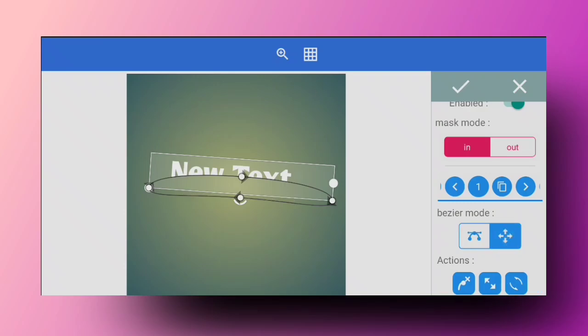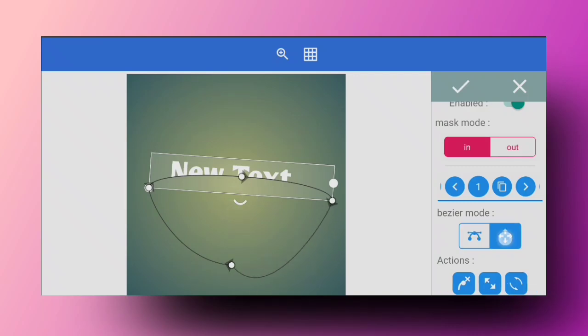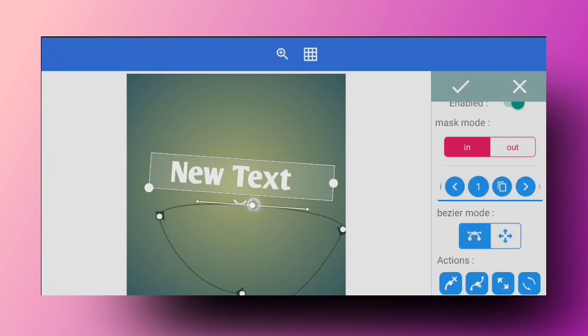It is up to your creativity how you are going to use this mask effect. But basically, if you toggle this, you can move the nodes of that mask, and with this option you can move it around. Now if you have to slice the text into two parts, this is what you are going to be using.